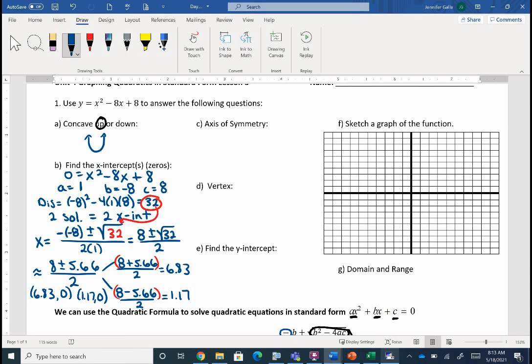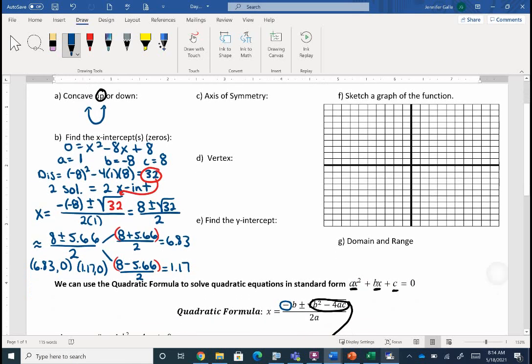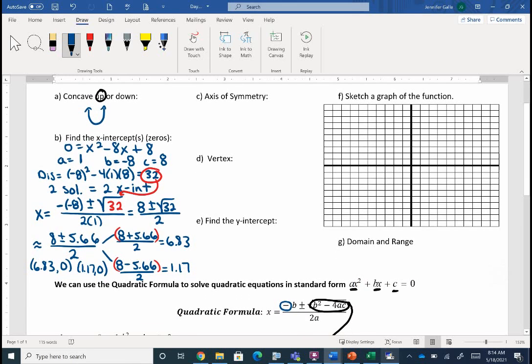Now, since we have our quadratic formula, I want to give you a little bit, I would say, better way to find your axis of symmetry. I know for some of us, sometimes we struggle to get the right X-intercepts, so then it makes finding the axis of symmetry really tough. So now that we have our quadratic formula, I want to give you a little bit different way to find your axis of symmetry. Once we know that idea of A, B, and C, and we have them picked out,